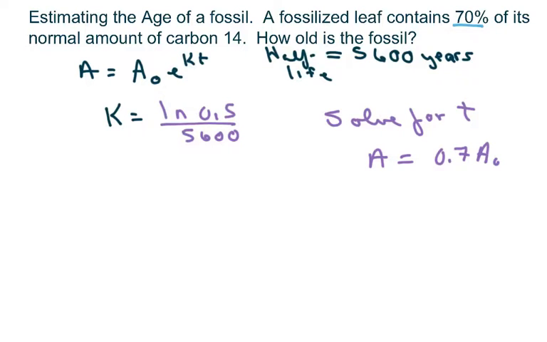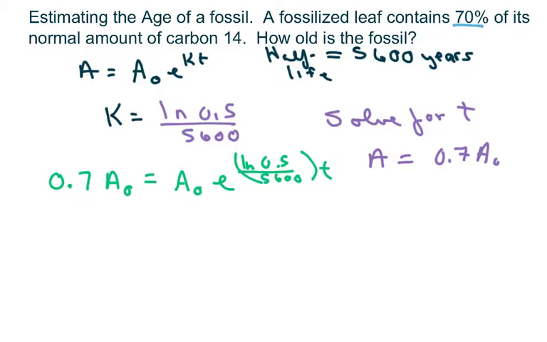So I'm going to get 0.7 A sub 0 equals A sub 0 e to the ln of 0.5 over 5,600 times t. These cancel, so you get 0.7 equals e to the ln 0.5 over 5,600